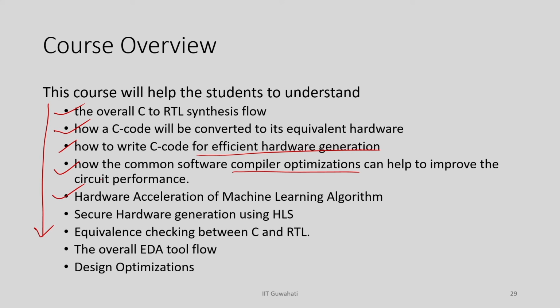I am also going to cover hardware acceleration for machine learning algorithms, which is something very important in the current context. And there is another important topic, which is security, right. Nowadays security is very important in every context, and hardware security specifically is very important. In the current context, fabrication finally happens at a third party. That means you develop your chip, you develop the layout and you give the layout to somebody who does only the fabrication, because fabrication is very costly, and not every electronic design company can afford that.